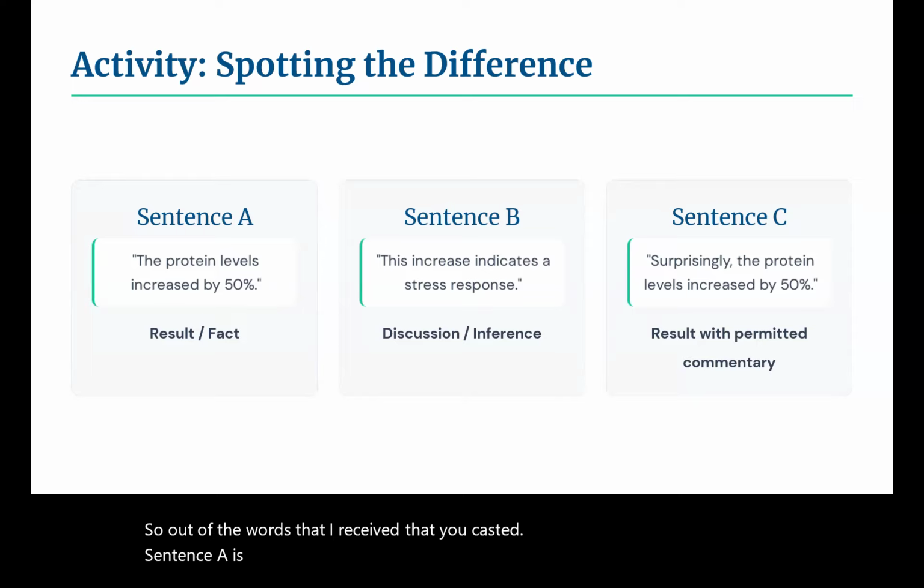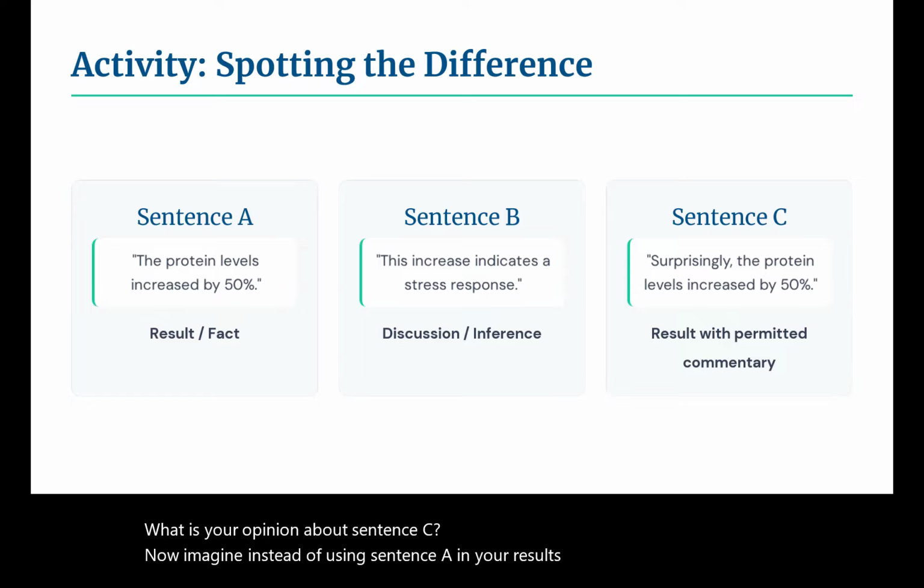Yes, indeed, because it brings facts. But what is your opinion about sentence C? Now imagine instead of using sentence A in your results section, you use a sentence C pattern.